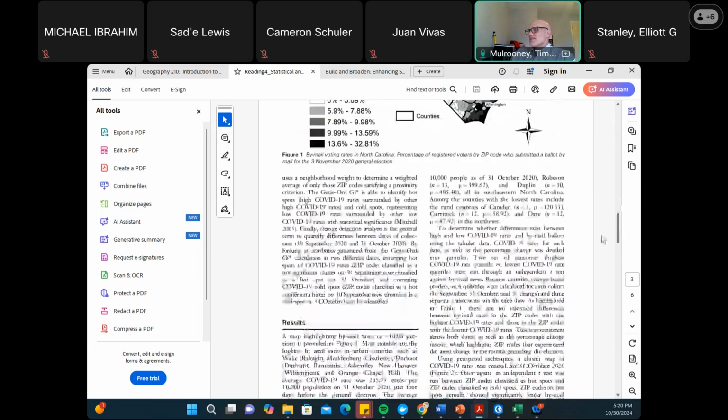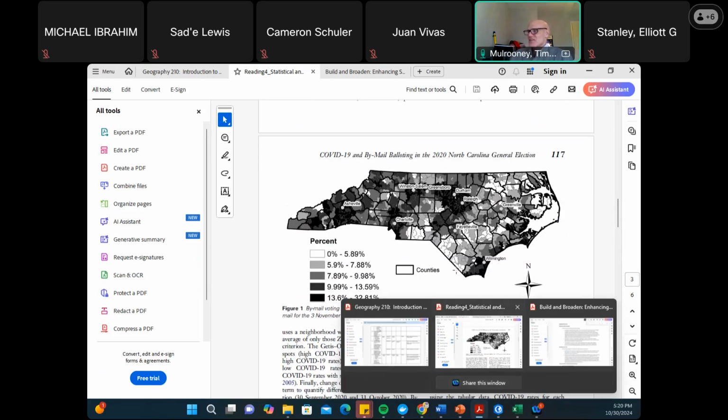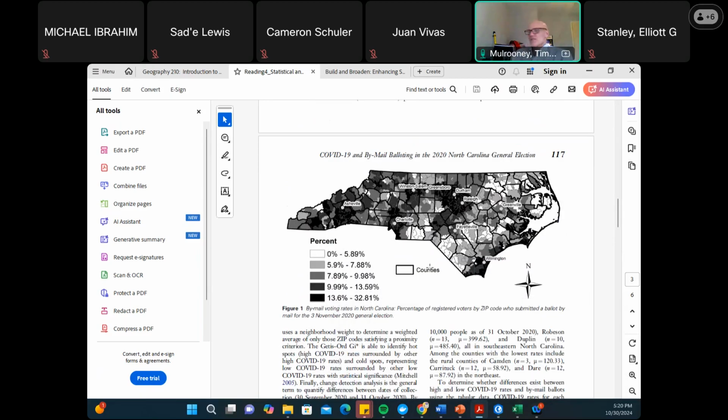But what we do here, we look at a dependent variable where we try to figure out what explains this pattern here. Is it age? Is it race? Is it ethnicity? It'd be really silly if I looked at the map and the 2020 rates looked exactly like this. And when we were reviewing the paper, someone said, you better make sure the patterns attached to 2016 aren't related to 2020. That would be kind of silly. And I go through all these different machinations to figure out what explains it. It's race, access to transportation, income, population density, all these things,